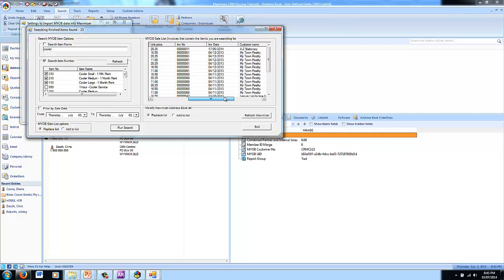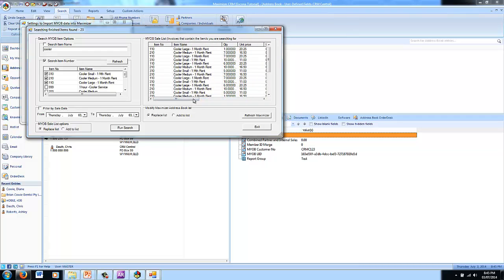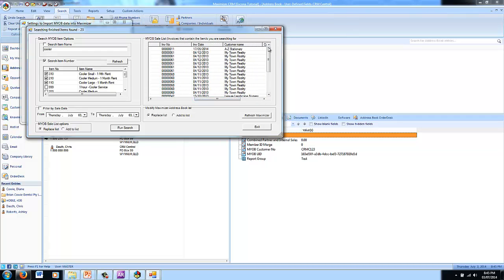So when the search is finished, I can have a look at all the transactions for these particular items. I can see who bought them, and as we pointed out, sometimes one client will buy these products on more than one occasion. So what we want to do with this list is to only see these particular clients once, and we want them in our address book window in Maximizer so we can use some of Maximizer's tools to communicate with them. So it's as easy as clicking on Refresh Maximizer to get these particular records into our address